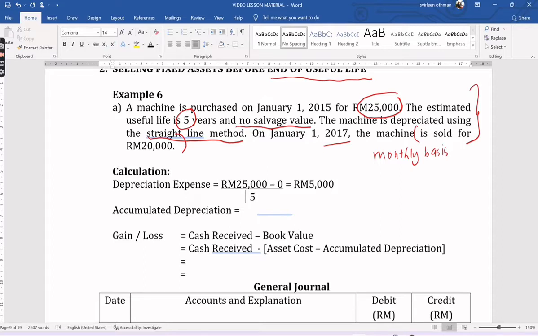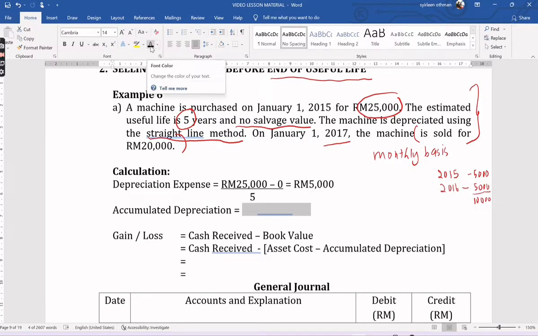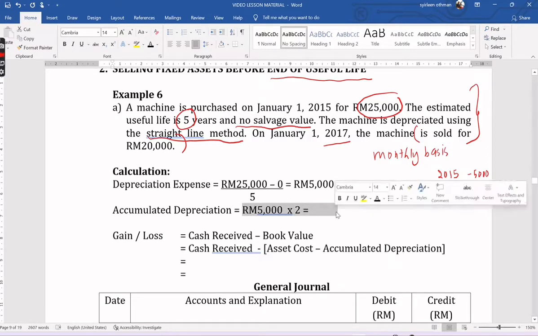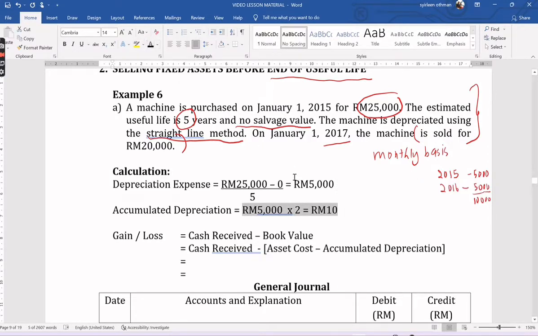Okay, so you have the depreciation for 2015. Okay, this is 5,000. Okay, and then on 2016 we have another depreciation expense that is 5,000 as well. So by the end of 2016 we already have 10,000 in the accumulated depreciation accounts. So this will be carried to 2017 as balance brought forward, balance BF. Okay, so accumulated depreciation to the date, okay, that is on 1st January 2017 ialah 5,000 times 2 equals to 10,000. Alright,